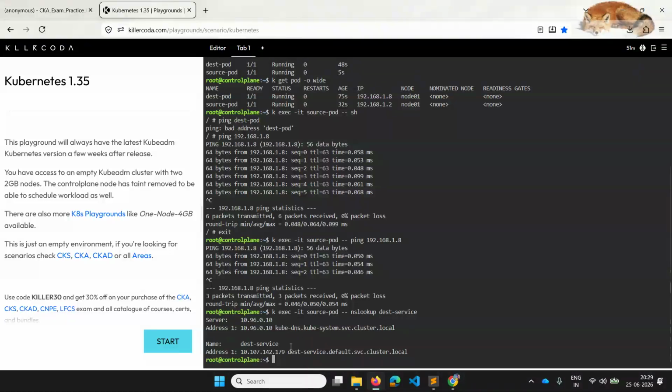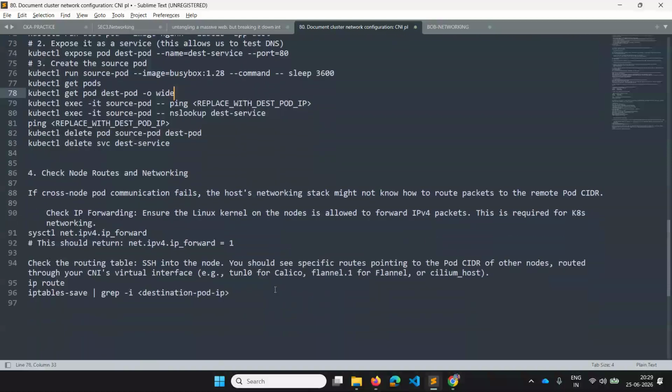So all this information you will not get if there is a problem with the DNS server. Now we are able to see it, so there is no problem with the DNS server.